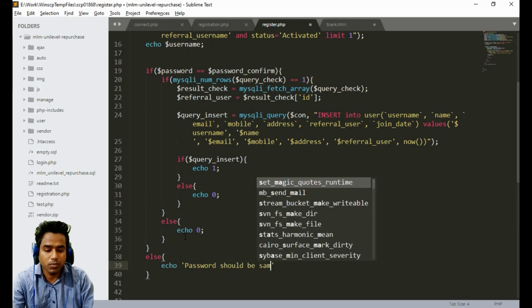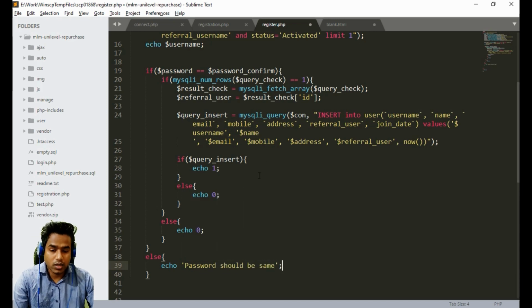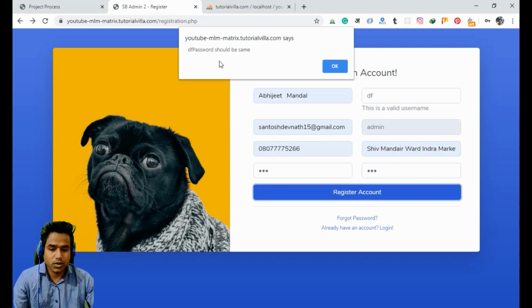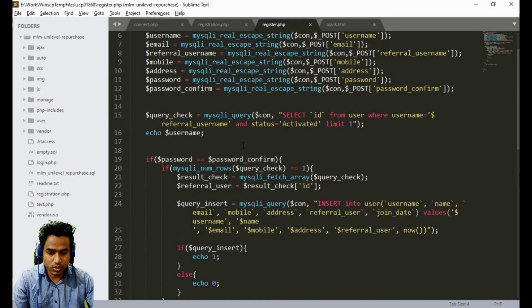Now if I write an invalid password here, it should show the error. As you can see, password should be same because it is not same.